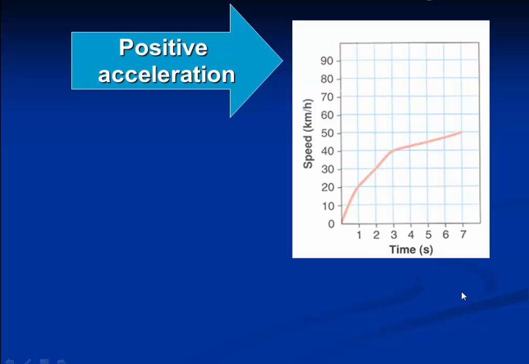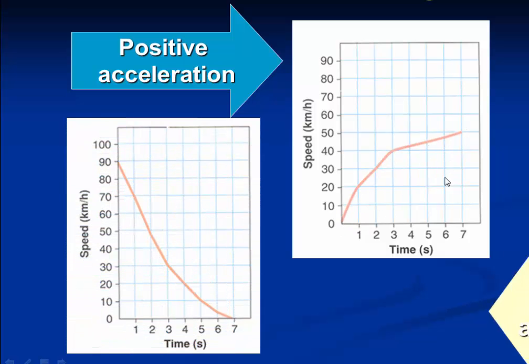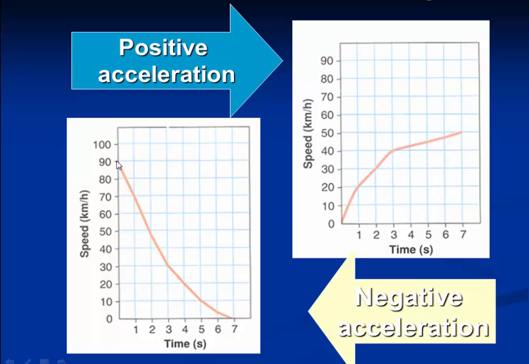So you can see this in graphs. This graph here has a positive acceleration. If you notice, the line is going up in a positive slope. This one here is going down in a negative slope, so that's going to give us a negative acceleration. So think of braking. Anytime you put on the brakes of a car or a truck, you're slowing down,